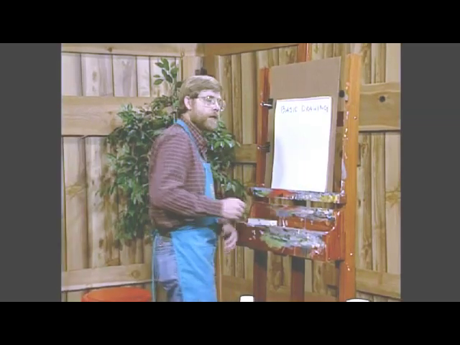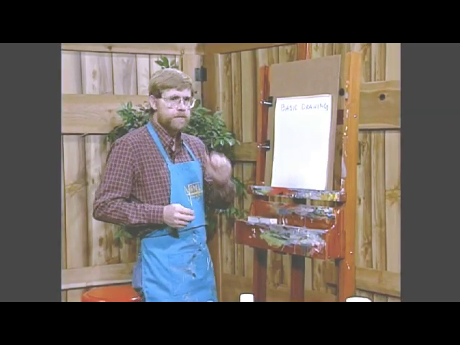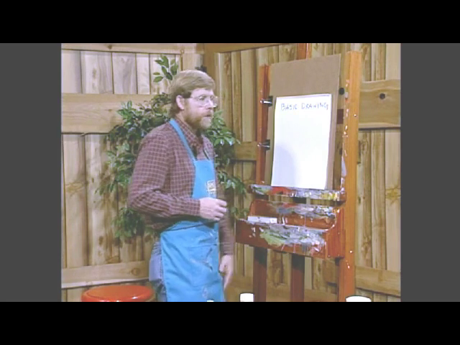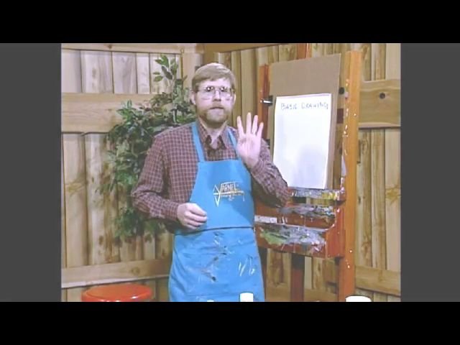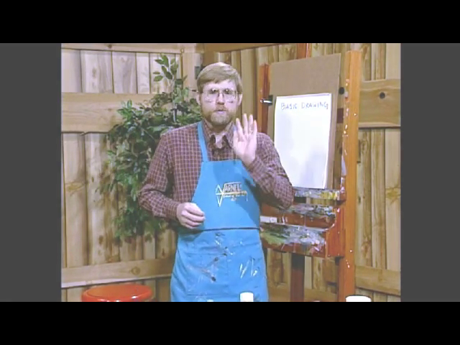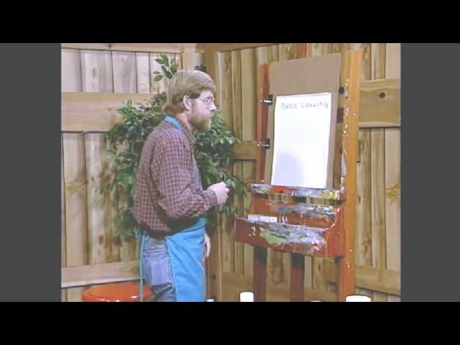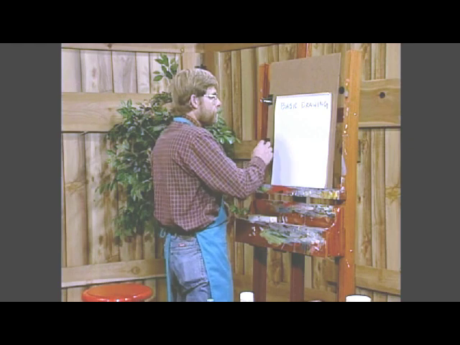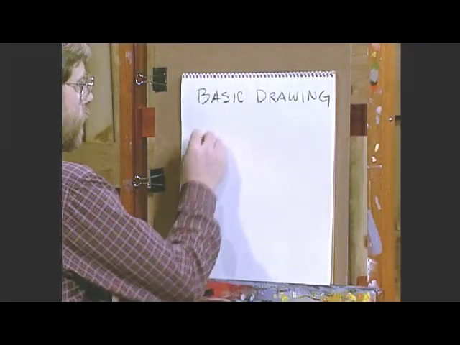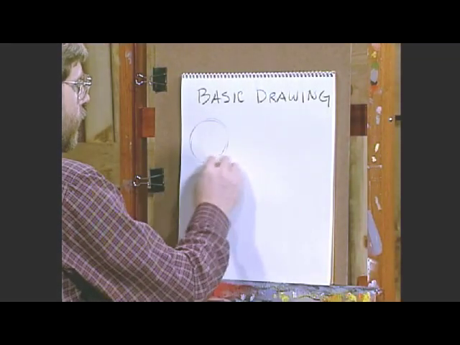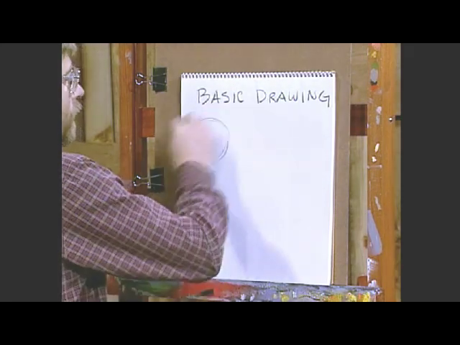Now, let's quickly cover some of the real basic things. Some of you may have had this before, but remember there are 4 basic shapes that the entire world is made up from, okay? We're going to cover those quickly, and it's important to have these in your mind so you can see them when you're drawing. The first basic shape we have is called... and I always test my class, no, it's not